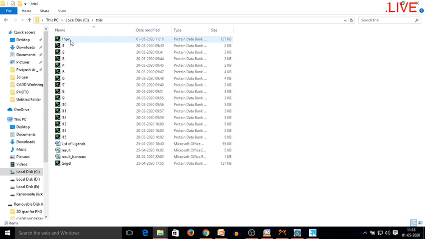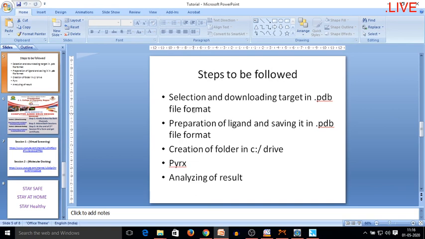So we have carried out the first step, which was the selection and downloading of the target in .pdb file format. So we have carried out the first step very easily.